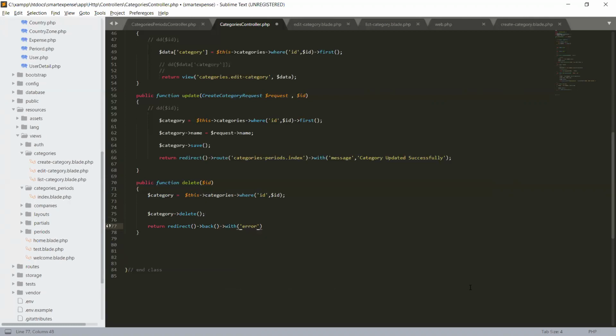So with the error, and we will give the string of the message that we want to print: Record deleted, and close this statement. Okay, save it